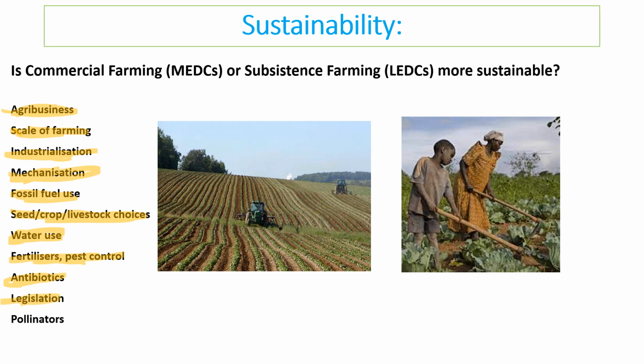And legislation is large scale to control the interests and cause pollution. Less is happening in commercial farming, less impact on subsistence farming, so any damage that does occur often isn't monitored. And pollinators are really important in commercial farming. So the collapse of the honeybee has massive impacts on almond farming in California, but often they have less pollinators actually on the farm because of the monoculture. But in subsistence farming, there's less of an issue with this because a different variety of crops grown will attract different insects.